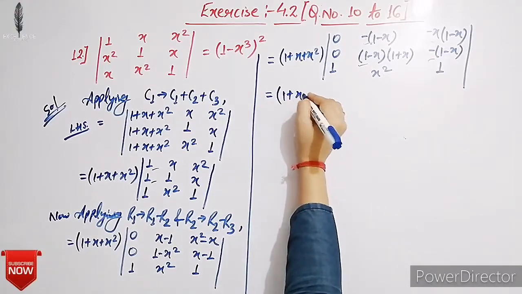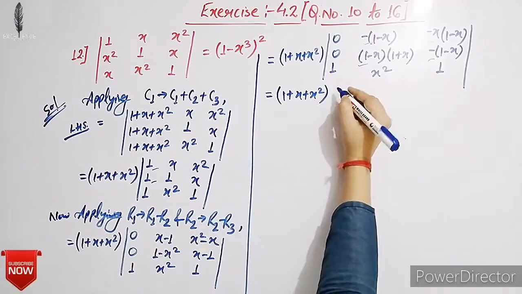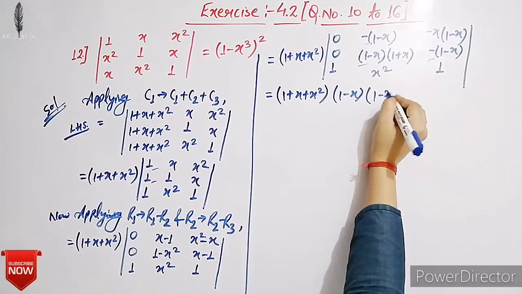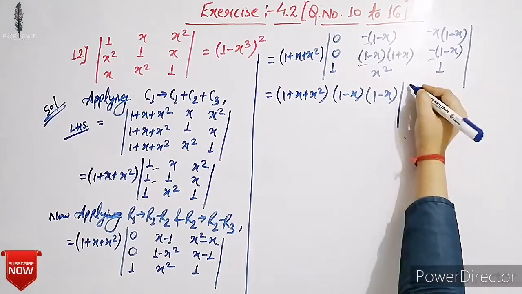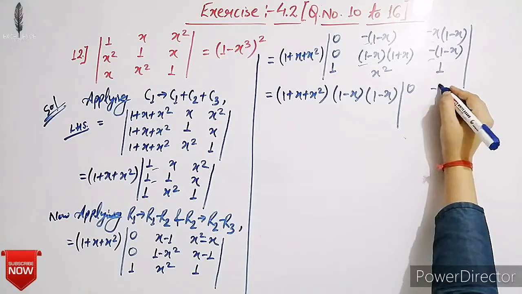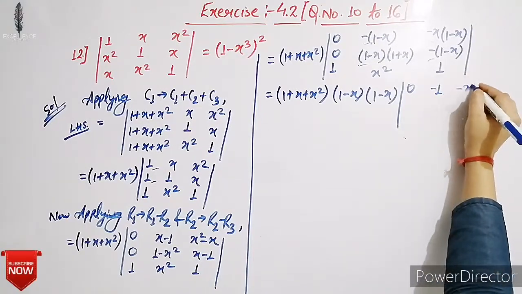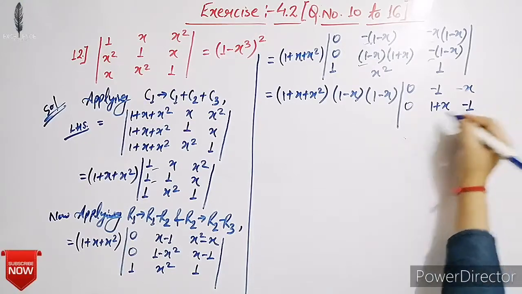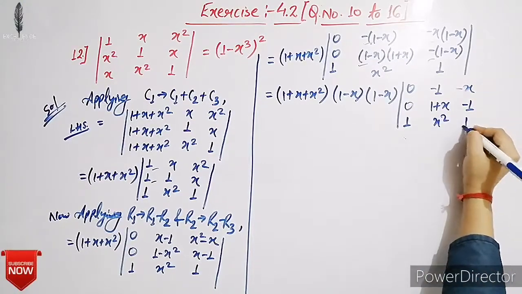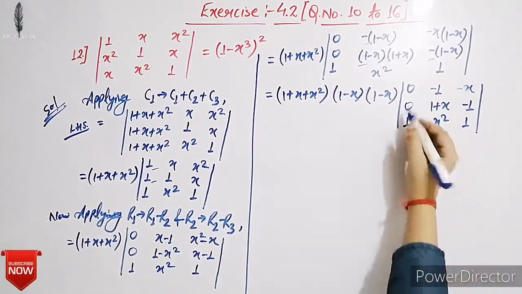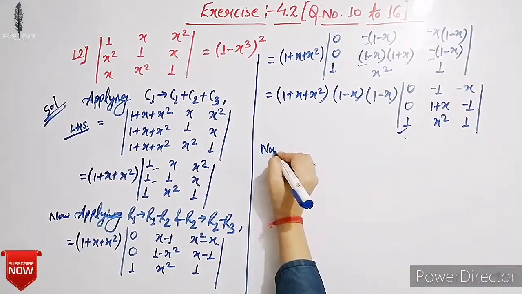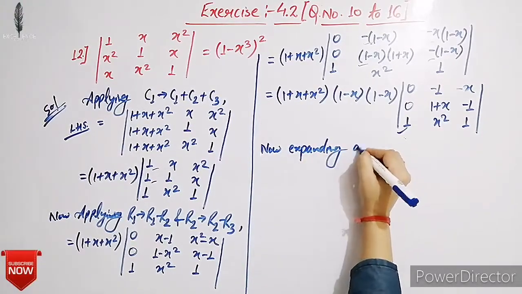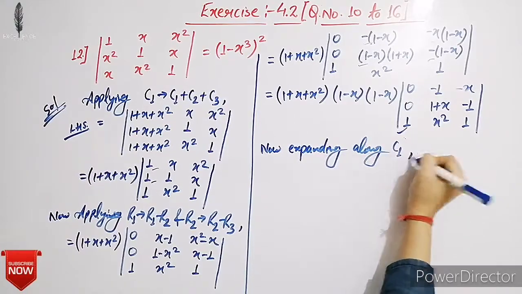So here we have 1 plus x square, 1 minus x common from R1 and 1 minus x common from R2, into 0, here minus 1, minus x, R2 is 0, 1 plus x, minus 1, here 1, x square, 1. Now expanding along C1, because here two entries are 0. Then we have,